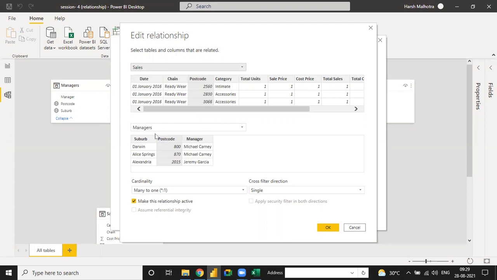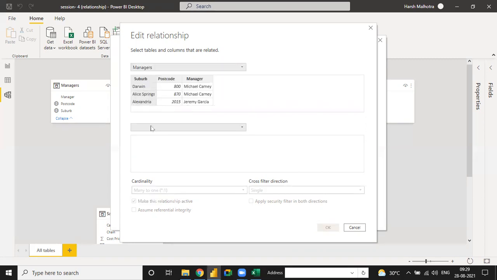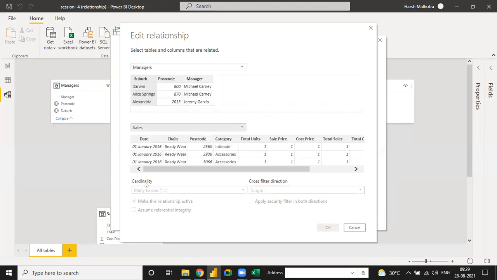So it doesn't just remember that thing, that large table is connected to the small table only by a many to one. Okay, so many to one. But yes, if you connect the manager table to the sales table, then it will automatically connect it to the, see, manager table.